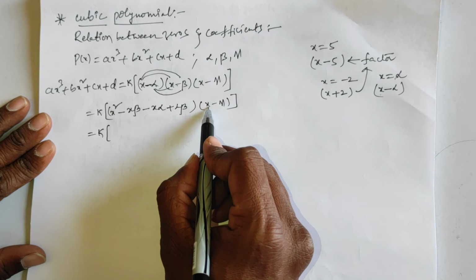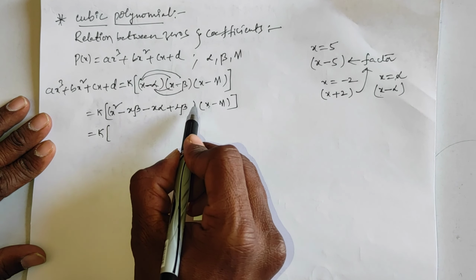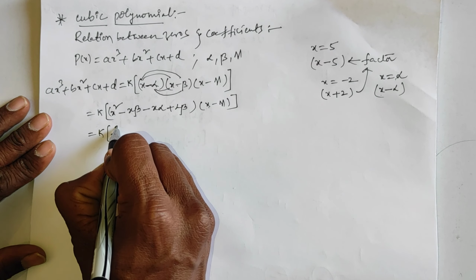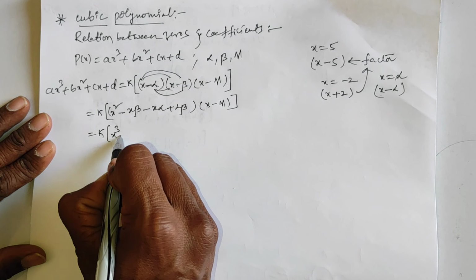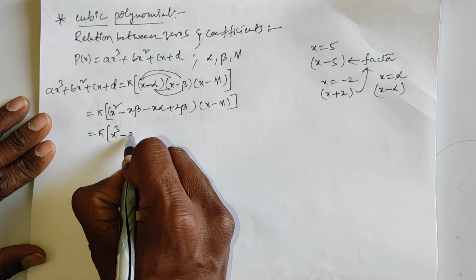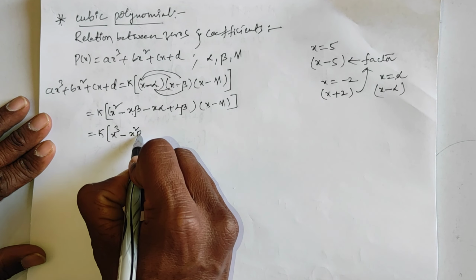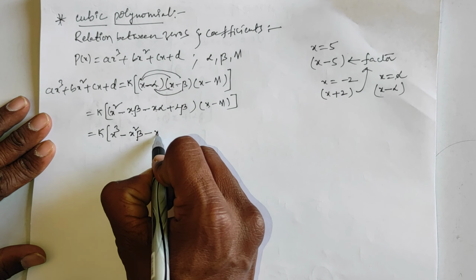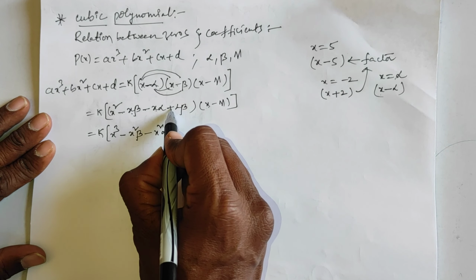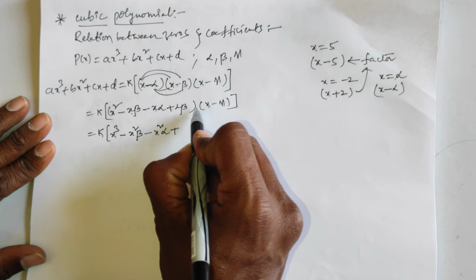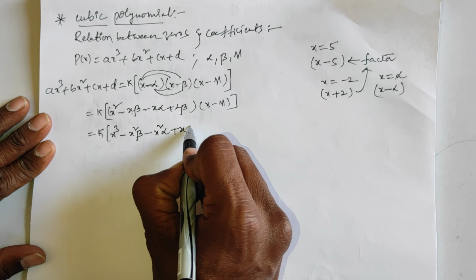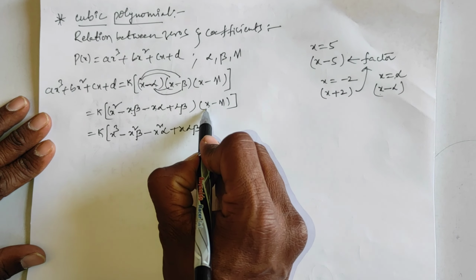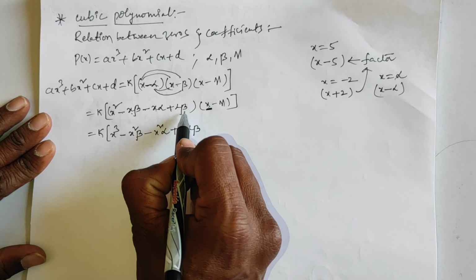Now again I am multiplying, equals constant of, and with x I am multiplying this total term. X into x square becomes x cube. Minus into plus becomes minus, x into x is x square, and beta I'm writing the same. Minus into plus becomes minus, x into x is x square, alpha written the same. Plus into plus is plus, x into alpha beta is x alpha beta. Completed, with this x I multiplied this total term.